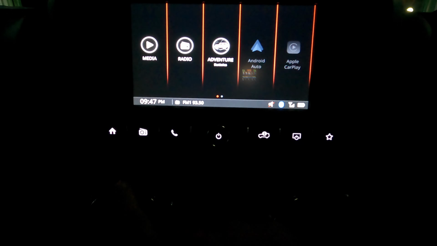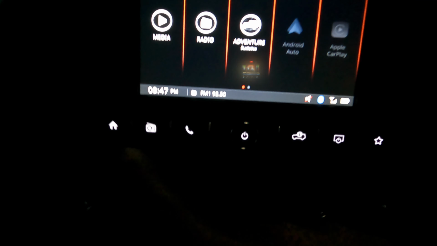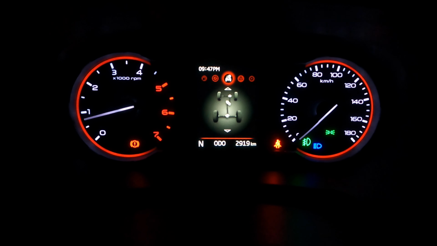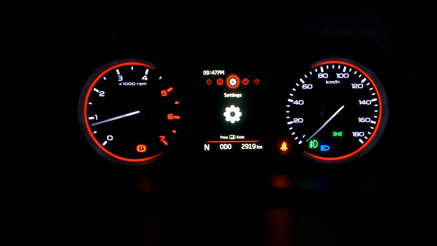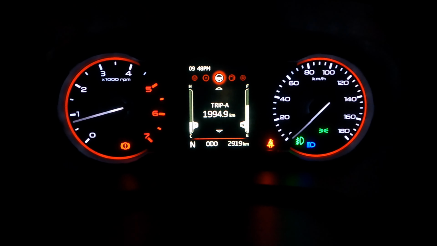These are the buttons. At night they illuminate all these buttons, and here are the AC controls. This is the passenger airbag warning, hazard light switch, and these are the power windows switch. And you come to steering mounted controls. These are the audio and volume controls, and this is the voice command control and the cruise system. This area here is to control your MID. If you press this, it will function. Like see, it has different modes. A very intuitive MID. This is how it looks.